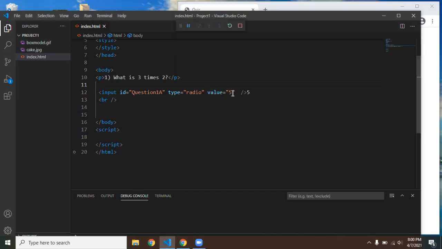The value here is what we're going to extract from the input element. In this case, value is 5. In, let's say, type equals text, you would have an input field where you could type into, and you would extract the value from that. I'll show you that in just a little bit. All right, so